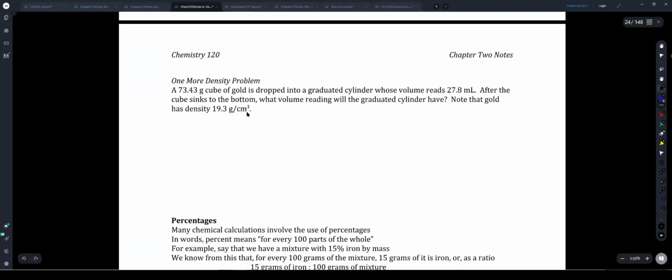So if I had a picture here, here's my cylinder. Well, let's make it a little bigger. And before, its reading is what? Its volume is 27.8 mils. And then this is my before. And then after,